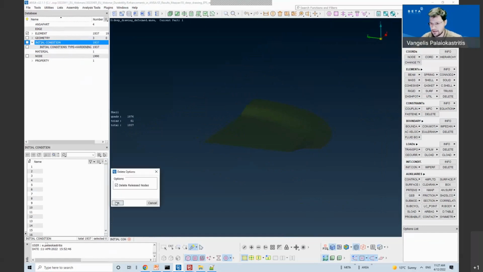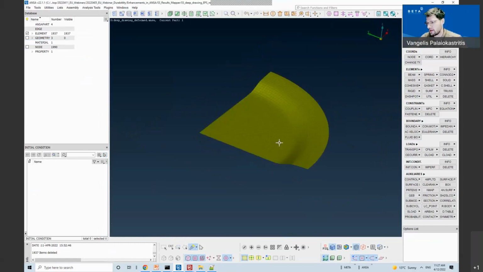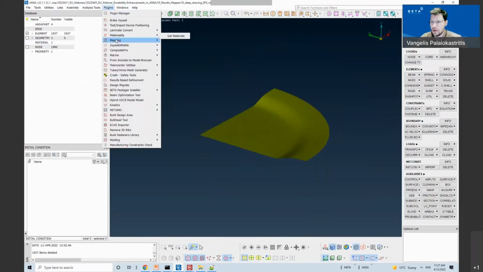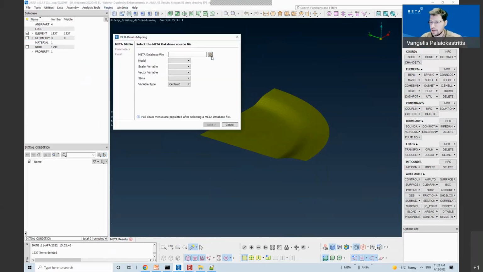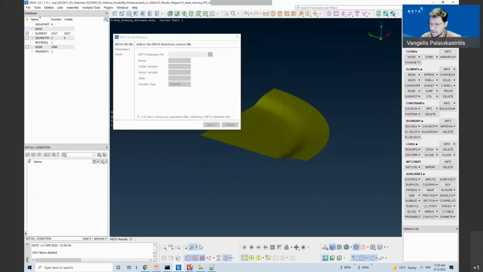So I have selected a state where my shape is not the initial, but it is deformed. So I will do the mapping. I will select the MetaDB with the equivalent plastic strains.